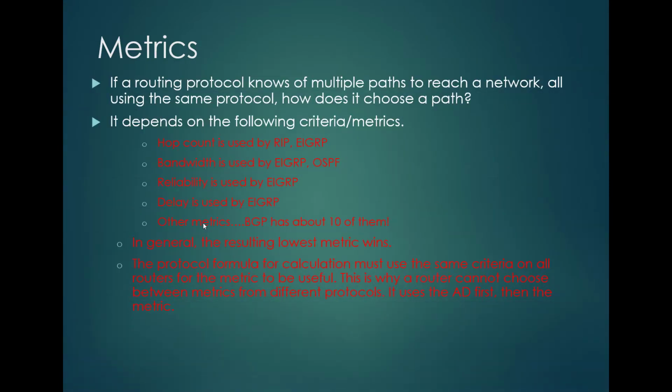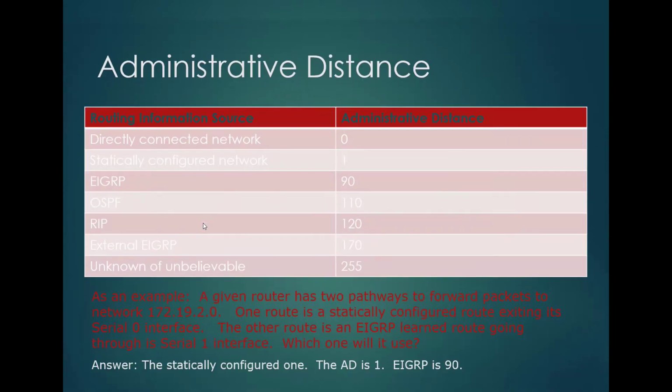So metrics can depend on the protocol. For example, RIP and EIGRP consider hop counts. How many networks do I need to go through? That's how they're going to make their decision. Bandwidth, for example, is going to be used by OSPF, and EIGRP is going to use the bandwidth. So when we go back to the example on that slide,